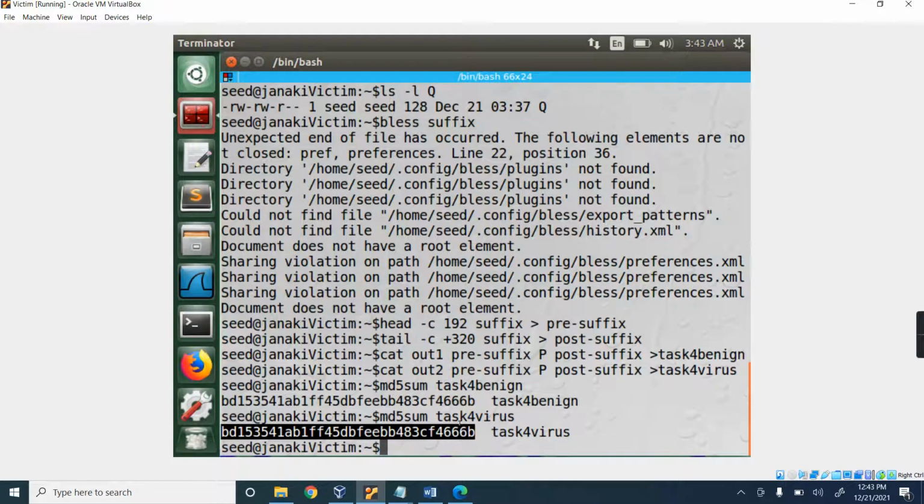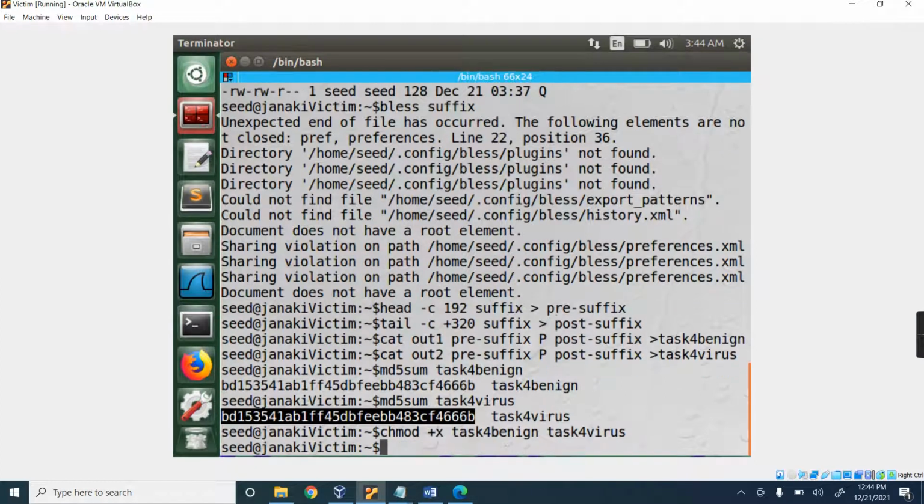Now the MD5 value is the same, but when you run it, it should behave differently. To make it run, we need to make the files executable by using chmod. Task 4 benign, task 4 virus. So both have changed to executable mode.